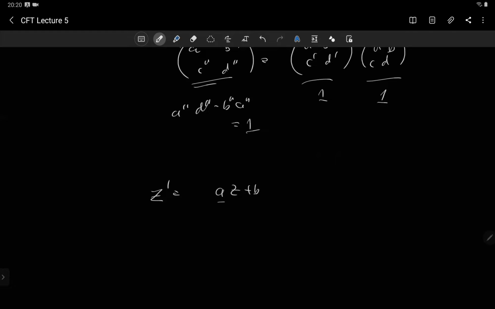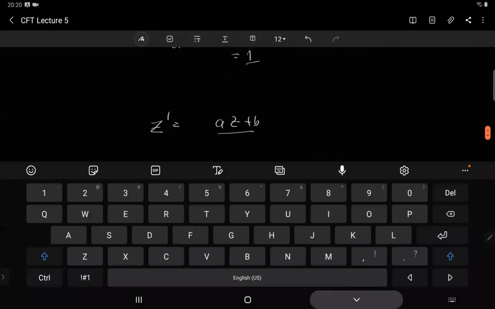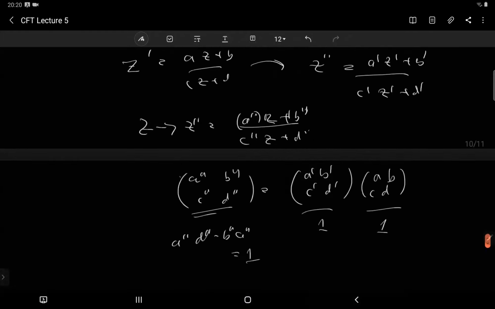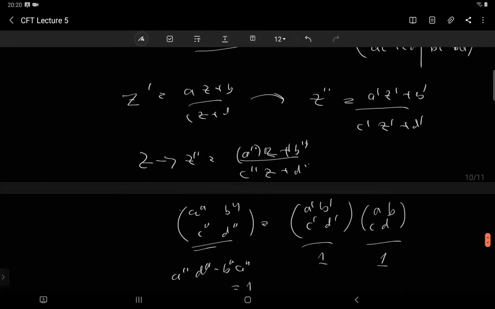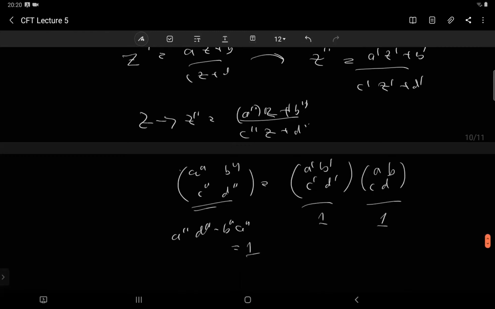Repeat the last step where you said it forms a group. No. So I'm saying that when you do two successive transformations, it is as if you're multiplying the different matrices A, B, C, D with each other. Okay, then you get the new values of A, B, C, D. So if you do n transformations, all you do is take all these numbers, form these 2 cross 2 matrices and multiply them, and then you'll get the value after n.